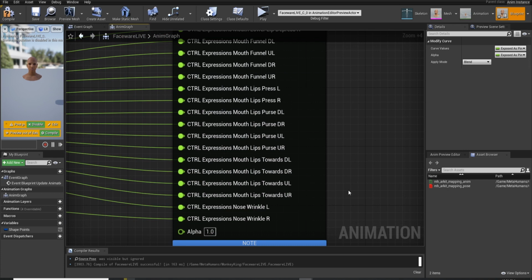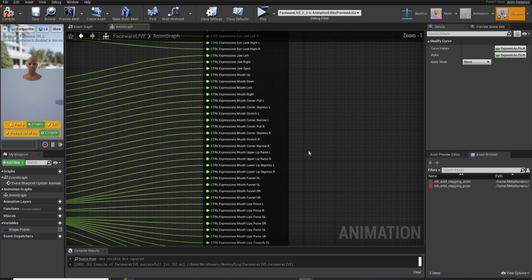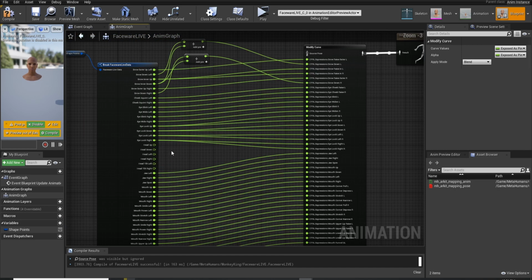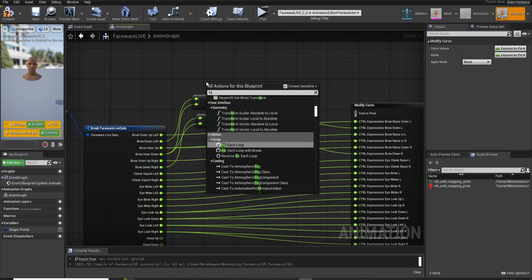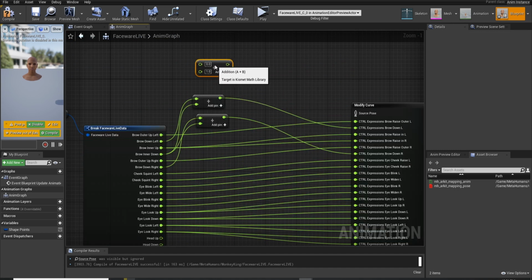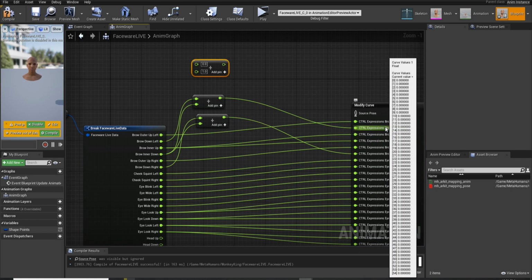And then nose. And then you need to map it over here. So one of the things is this is a sum float. So what you do is float plus float. Just choose this, and then what you want to do is, because the brow down, there's only one brow down